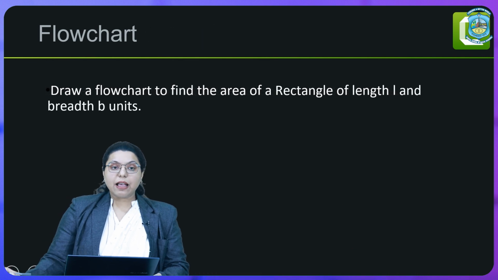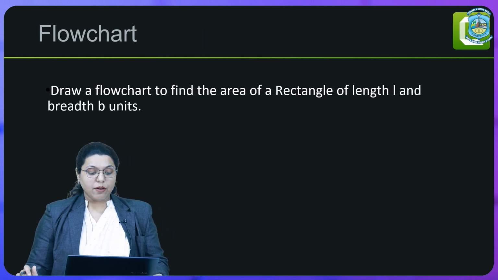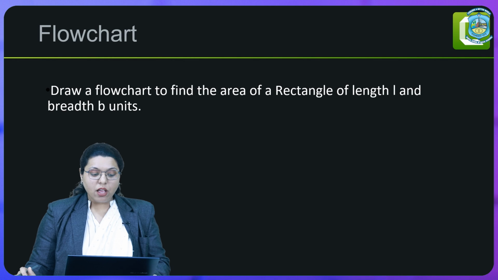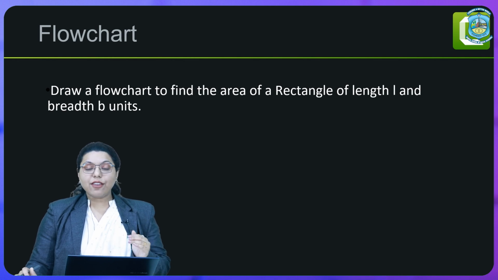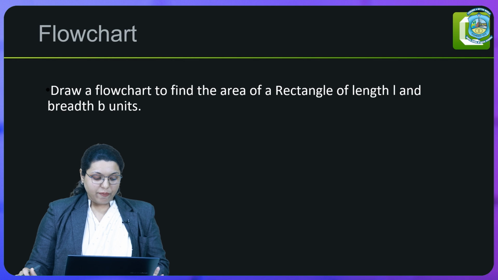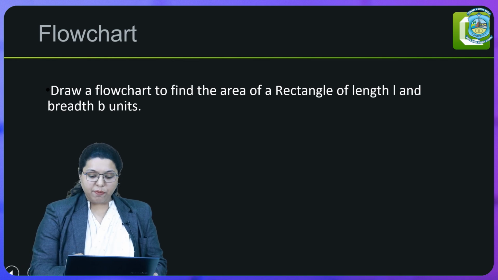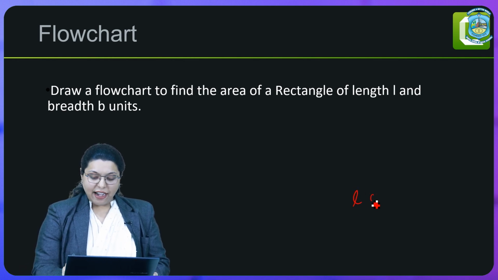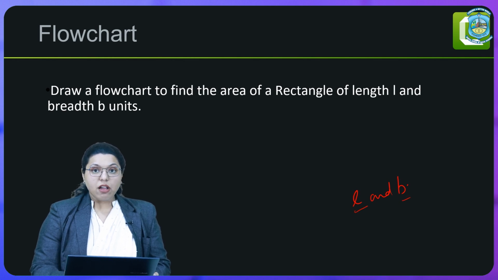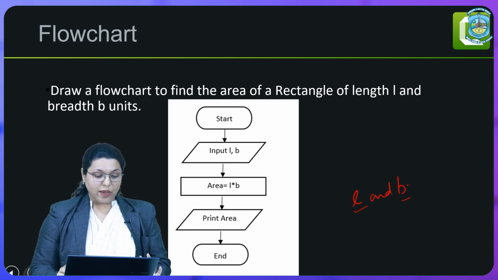There is one more example to make the flowchart more clear, that is to find the area of a rectangle of length L and breadth B. We have been given two inputs, that is L and B. We have to use L and B to find the area of a rectangle. So, again the flowchart is very simple,